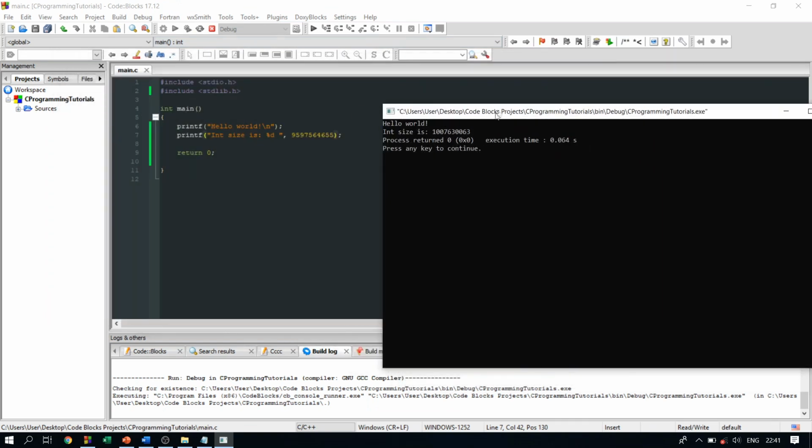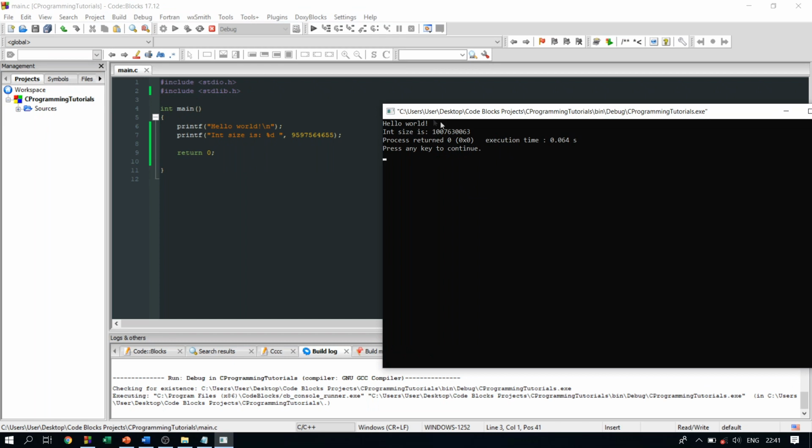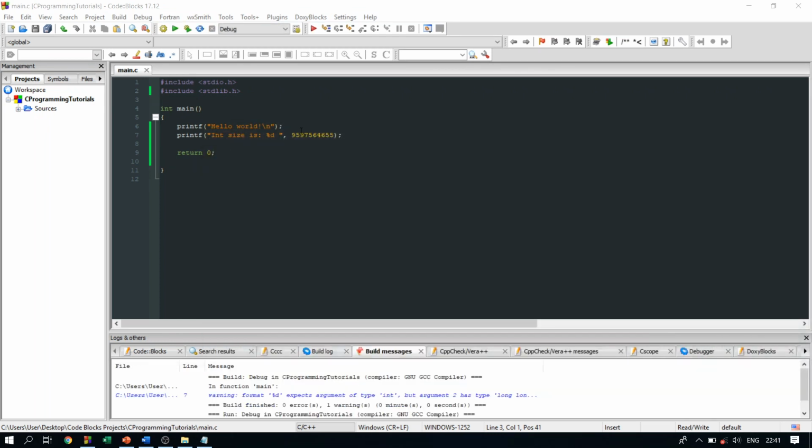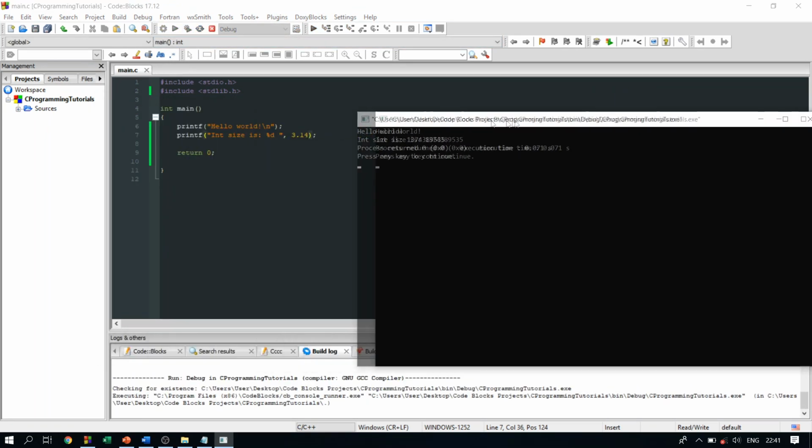As you can see, these two numbers are different. That is because this number was too big for 4 bytes. Okay. So if we try to print out, for example, 3.14, we'll get the same problem, because I've said it before,